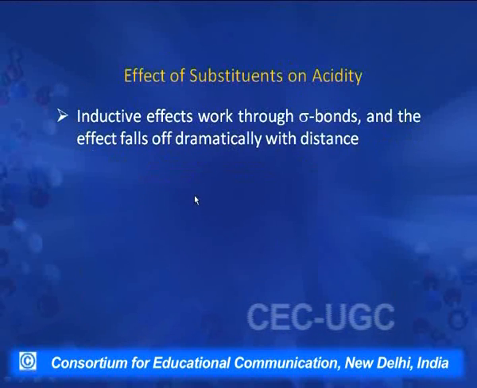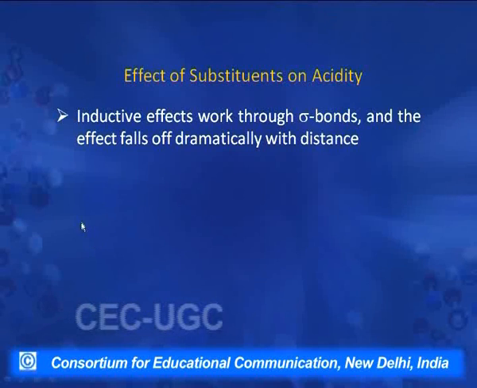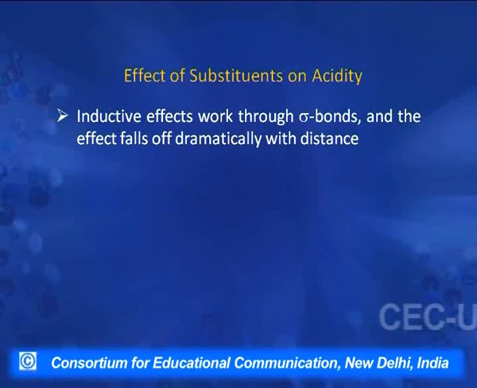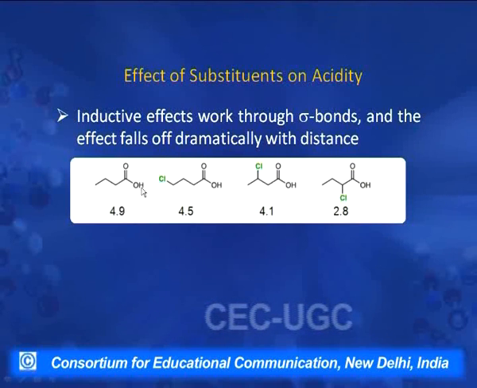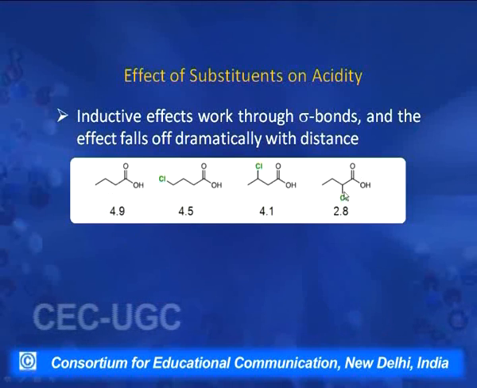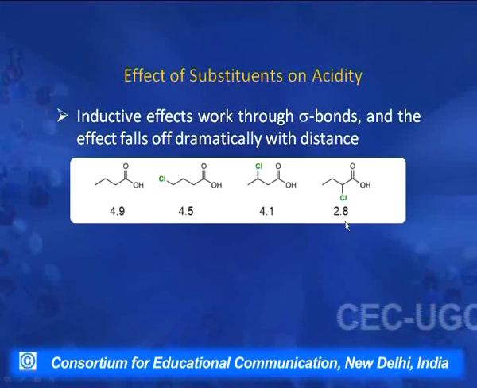Then the inductive effect, you know, operates through sigma bonds, and if the distance between the electron withdrawing group and the carboxylate anion increases, then its effect will decrease. We can see this with the help of this example. This is butanoic acid with a pKa value of 4.9. If there is a chlorine atom present at 2 position, that is 2-chlorobutanoic acid, its pKa value is 2.8,